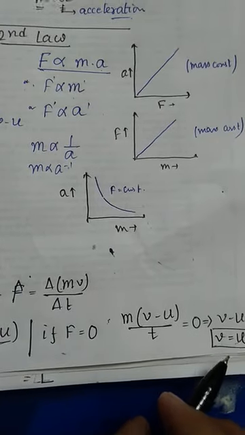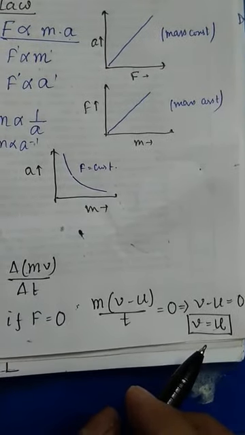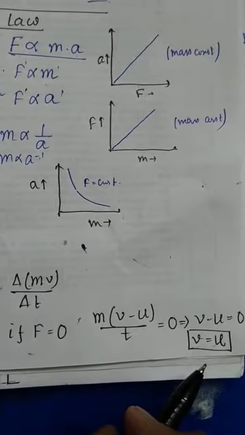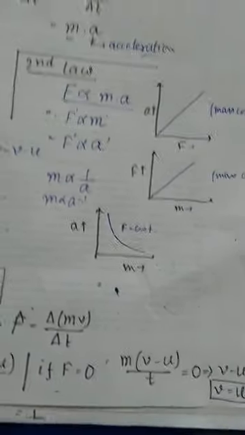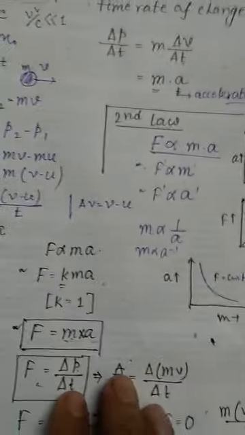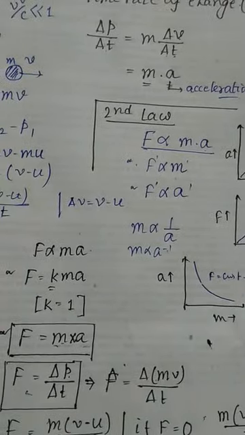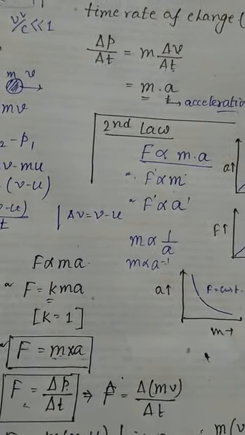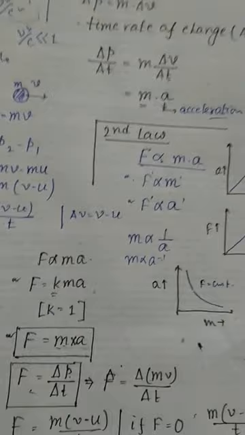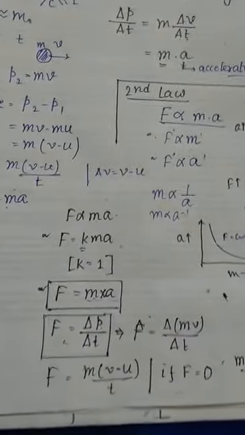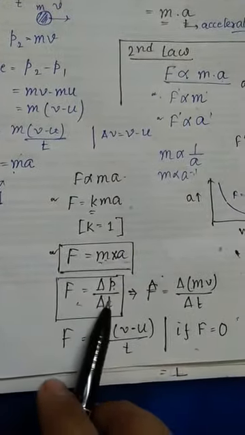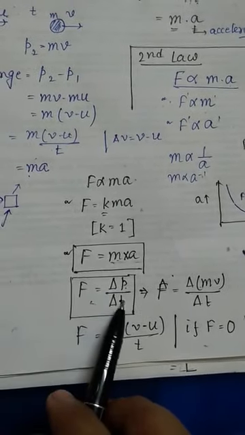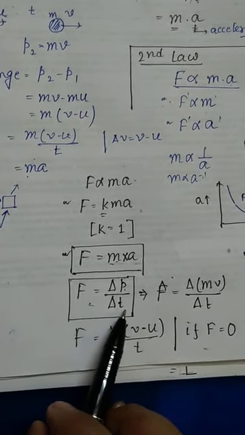There are some examples in your book. I shall give a photo of that, and you will read from that book. What type of examples are there? While catching a cricket ball, the cricketer withdraws his hand along with the ball. When a ball is coming and you take your hand back like this, why do you do it? Because we decrease the rate of change of momentum.